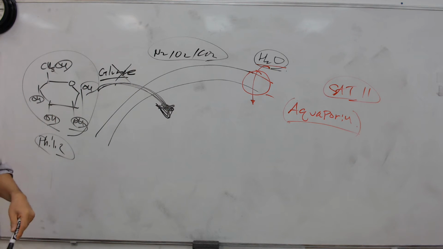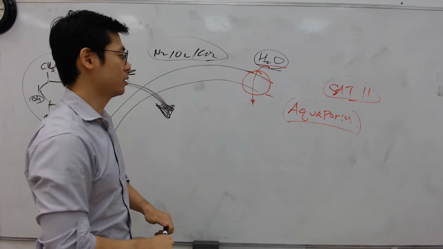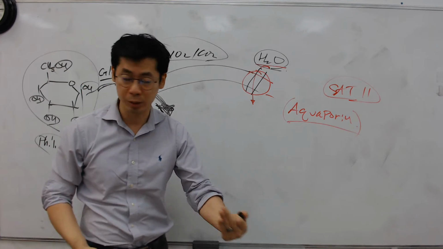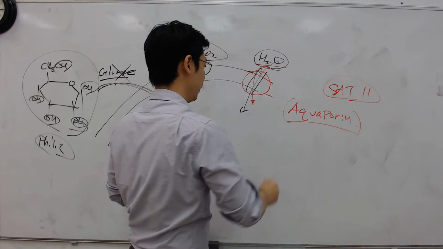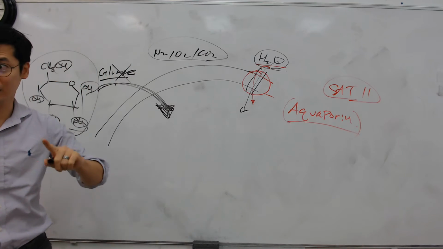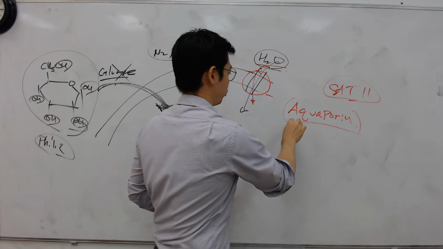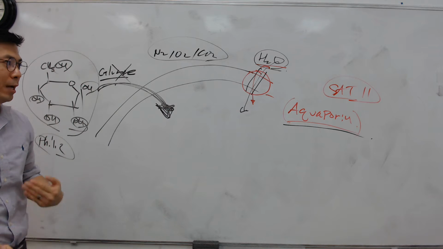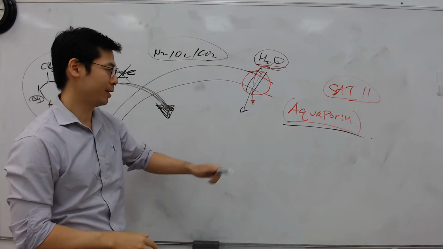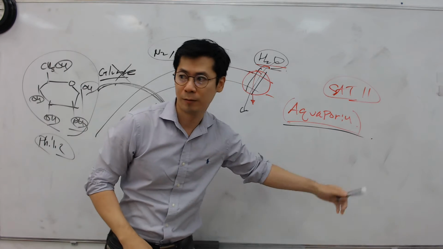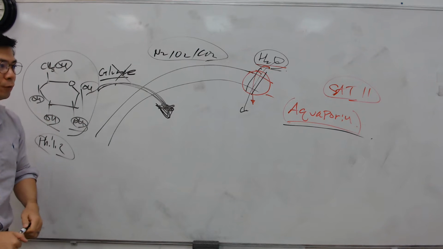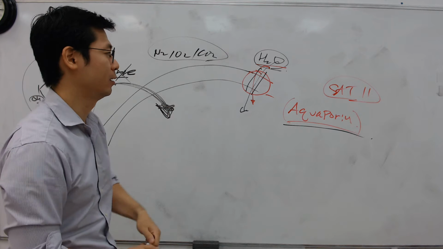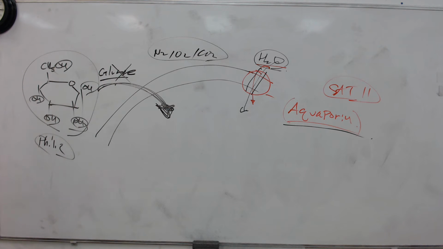Because the water cannot come in or go out at ease, what happens, guys? There's a protein channel, a transmembrane integral protein, that lets the water come in by facilitated diffusion. That's what aquaporin is. So how does water come into the cell? Facilitated diffusion. They cannot just diffuse into a cell or just go out. I mean, they can, but at a very slow rate.